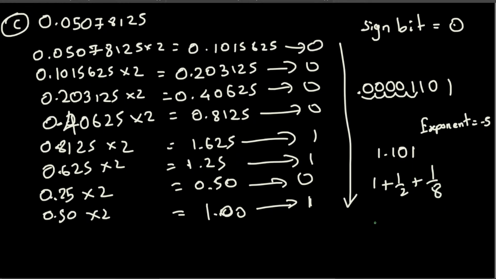Okay, and if you calculate this one, that's going to give you 1.625. 4 digits are gone, and this is a floating point, we have to express in 16 digits, so we need to put 12 more digits, so I fill that up with zeros. Okay, so this is our mantissa,